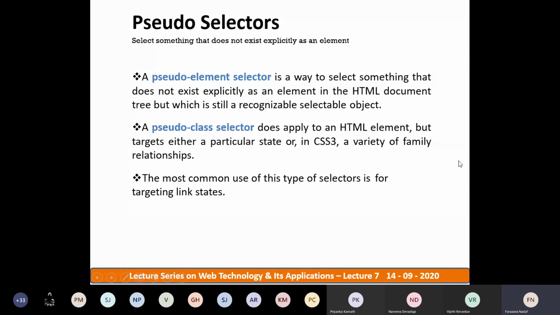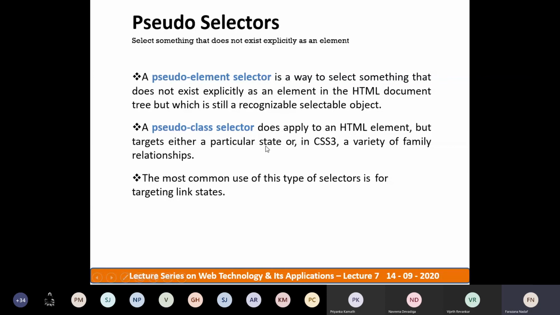Whenever the cursor is moving onto the text box of an HTML form, you can focus that text box, and those text boxes will be highlighted when the cursor is on them. So that is called a pseudo selector. It does not exist explicitly, but it has some recognizable selectable objects, right?